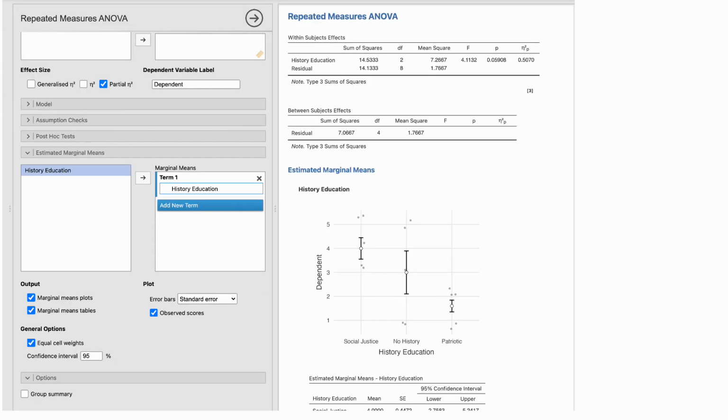So we have at the top, that's our omnibus test. You'll see there's a component that says within subjects effects and one that says between subjects effects. We are testing within subjects ANOVA. You can see that our p-value comes from that top chart. That middle chart is calculating the variance, sum squares, degrees of freedom, all that, for